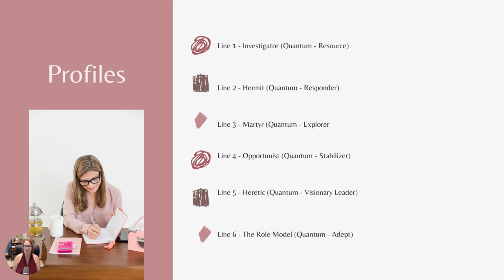Line six. So line six has three parts. So the role model, I think, is a great line, but the reason why I think Karen chose adept is because of these three cycles. So the three cycles are up to about 30. You are a line three. You are experiencing everything under the sun, doing this, doing that. This is really important.